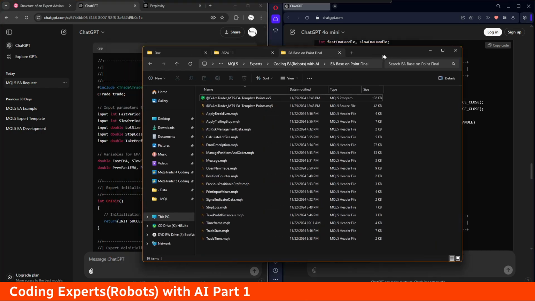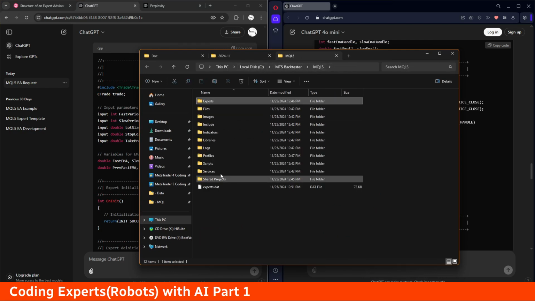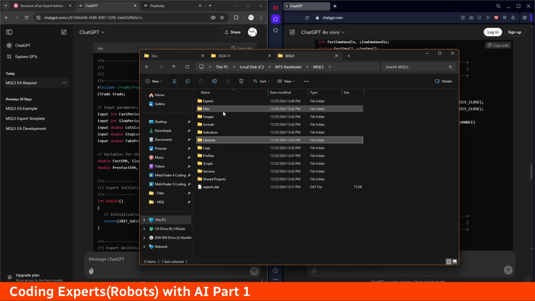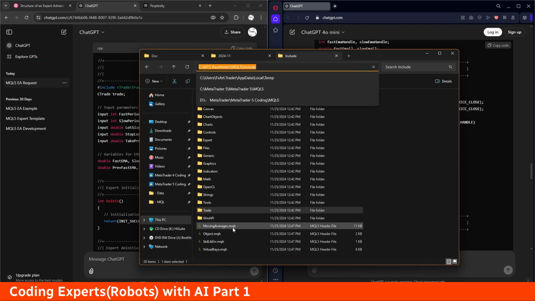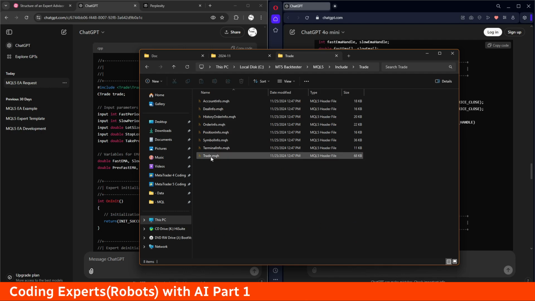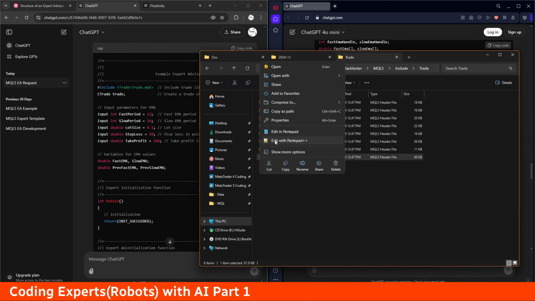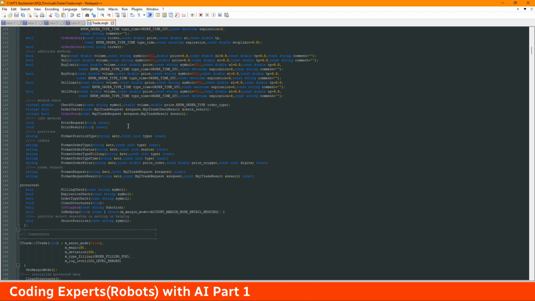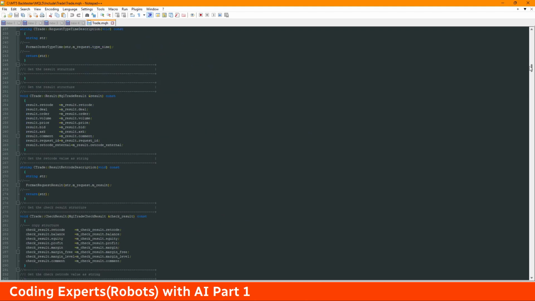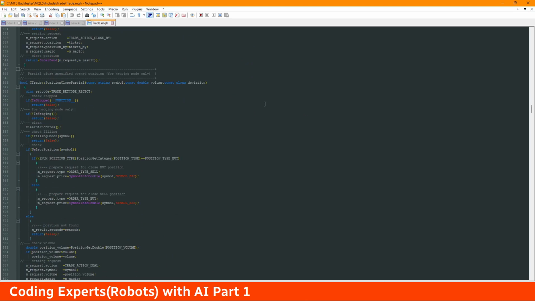Now I'm going to show you where the MQL class file is. We just need to go to the Expert and Indicator folder, the MQL5 folder, then go to Include and then go to Trade. And you can see the file here. We will work with this file. Don't worry, we don't need to code too much or edit this file. We just need to copy and paste part of this file